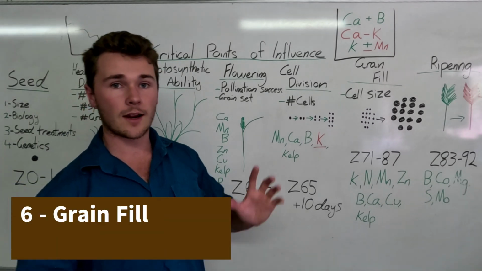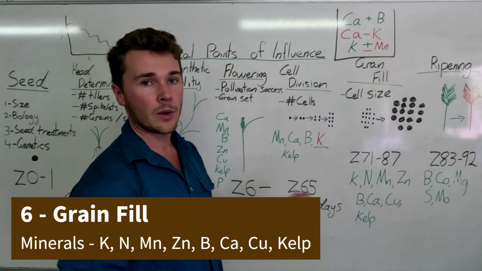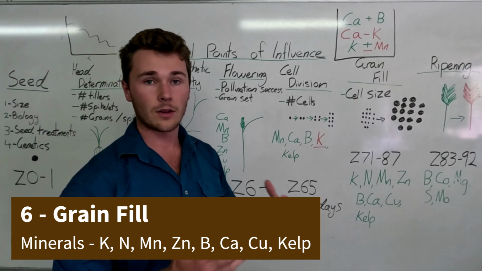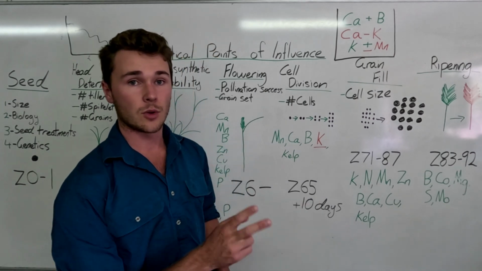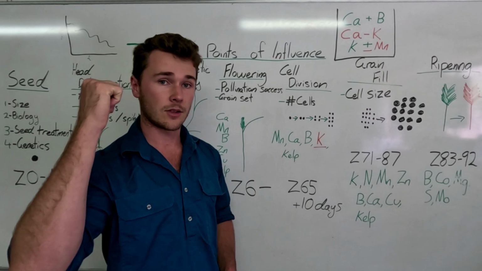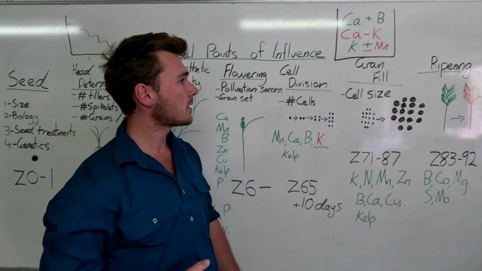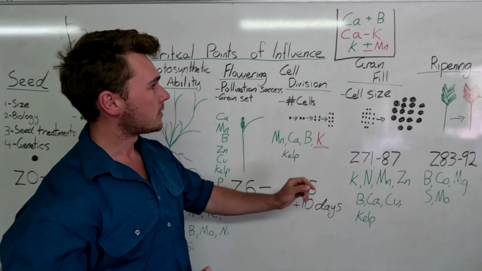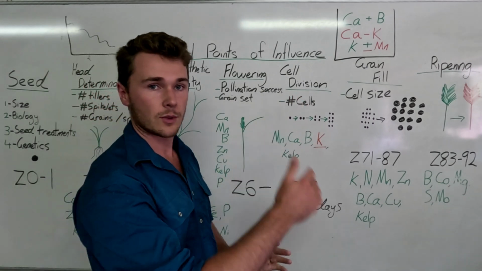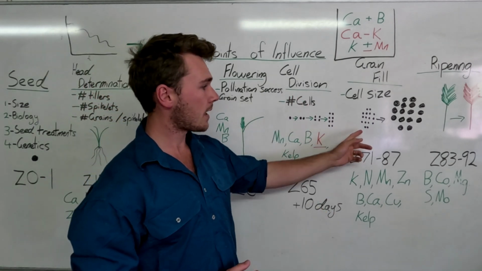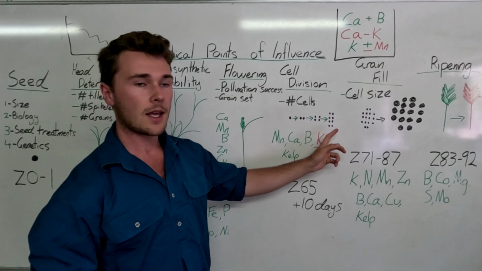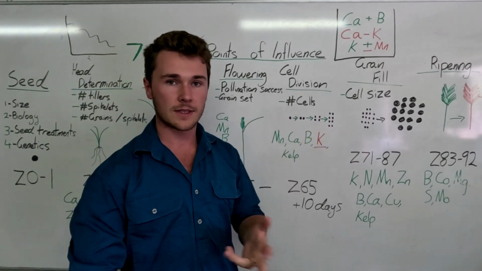So next is grain fill. Grain fill is the other critical point. If you're, say, a very low input farmer and you can only choose 2 of these, I would choose your seed treatment, which has the greatest return on investment, and your grain fill, in terms of your critical points of influence you want to hit. This component is filling up these cells that we just produced with carbohydrates, potassium,